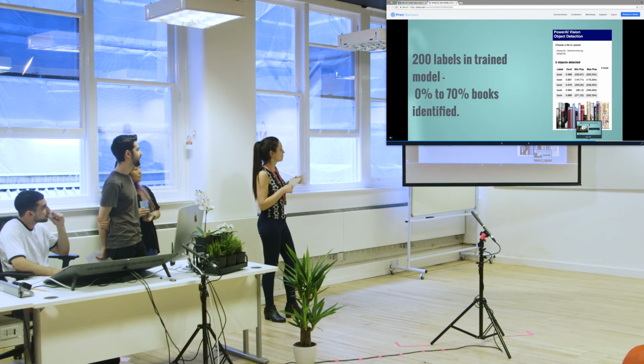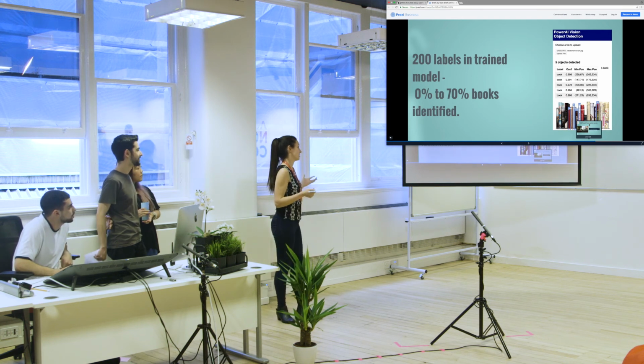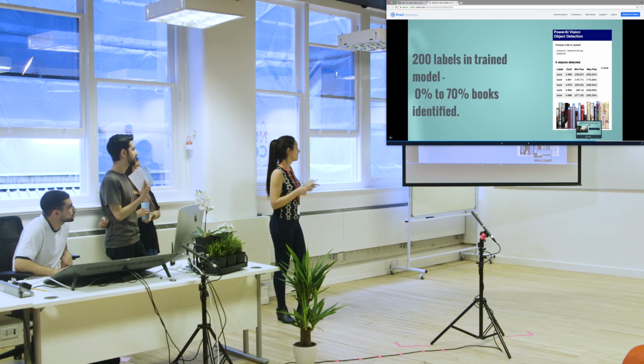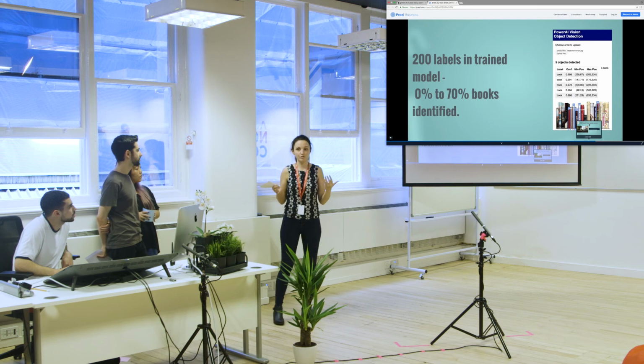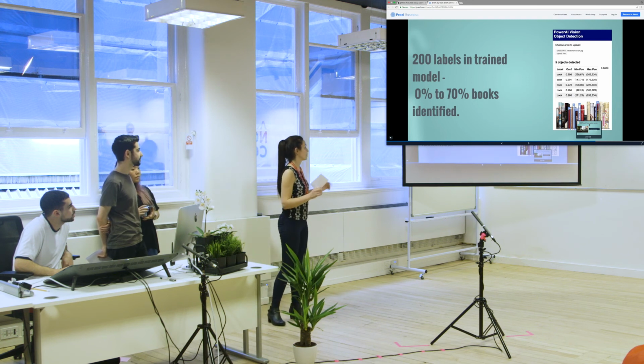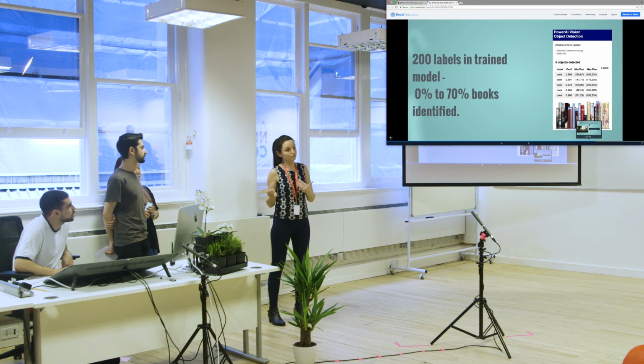The first sample, 200 labels, and the results were a little bit disappointing. So we were getting inconclusive results, which is probably the worst thing, because some of the photos were not recognized at all, no books at all, even with a shelf full, and sometimes we got quite good results,